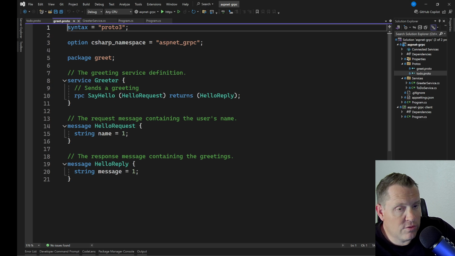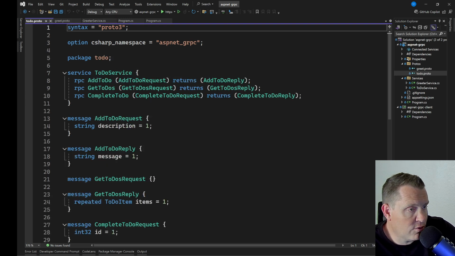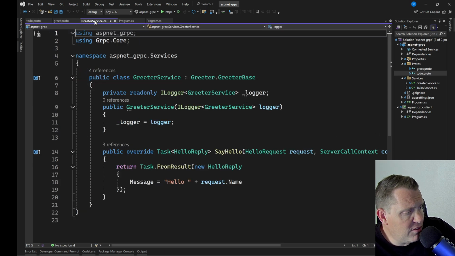And with these message structures. So this is a very simple message structure, and these are the contracts that are going to get passed back and forth between the server and the client. Now, on these implementations here, we can see that, in the services folder, let's go take a look at the